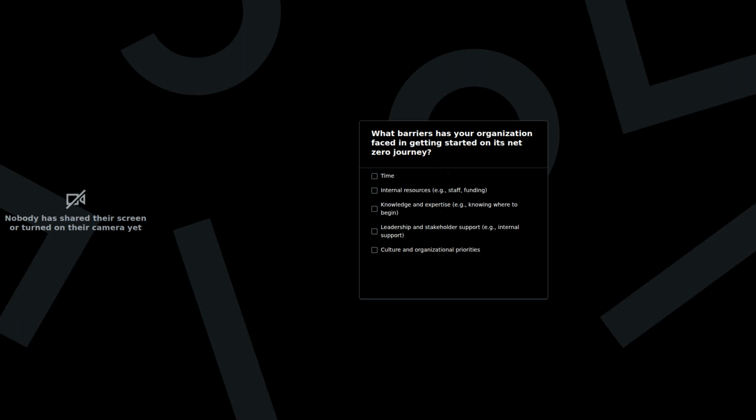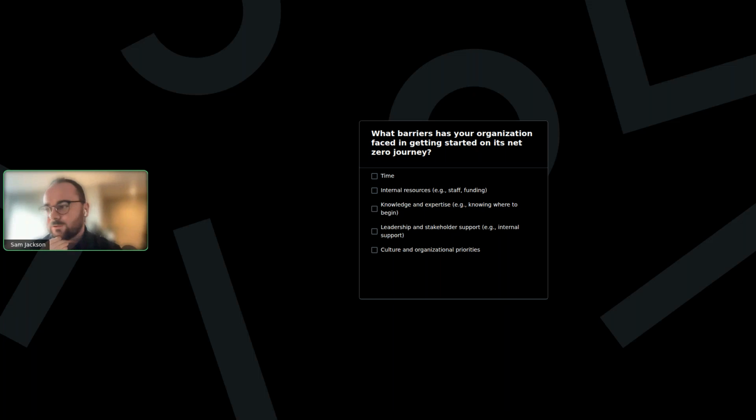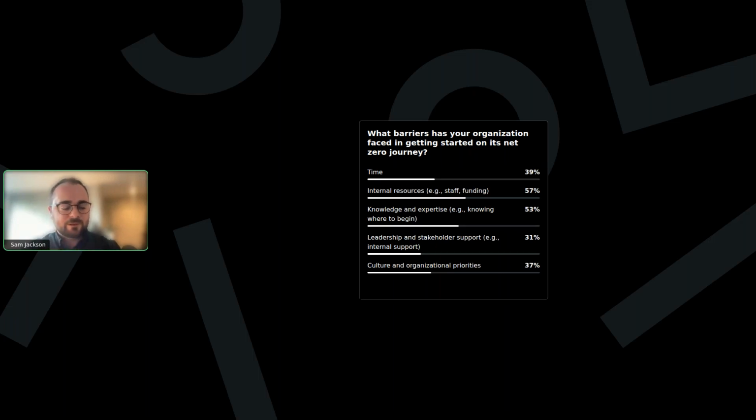What's really interesting from these results, I think, is the spread. There's a good number of results in here, and even the lowest response, leadership and stakeholder support, has got 14 of you so far responding. And so what's really interesting is how there's never just one thing for an SME as a blocker to getting started on a net zero journey, and that was what I wanted to focus on in talking to you in the kind of practical side of the presentation and of the workshop today, because very often there are barriers to